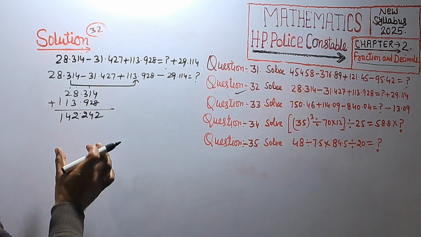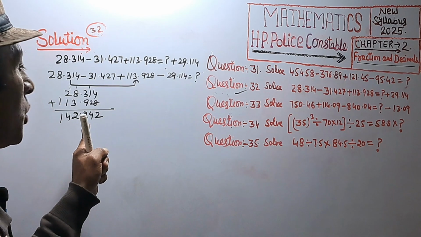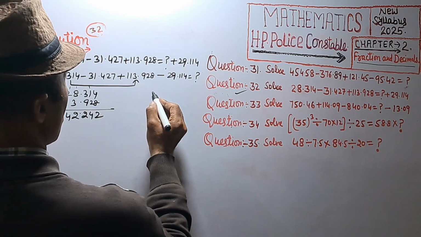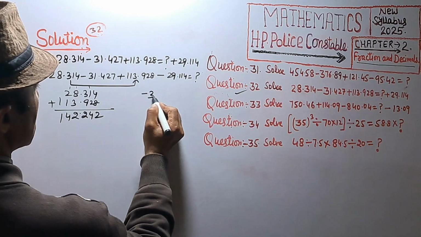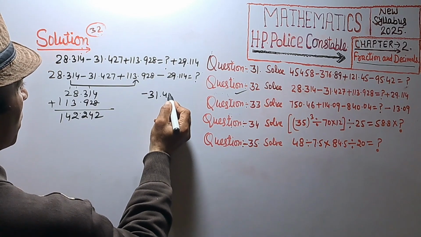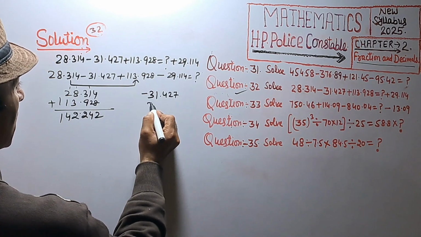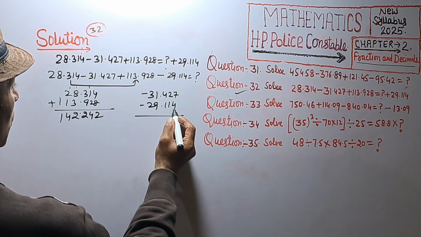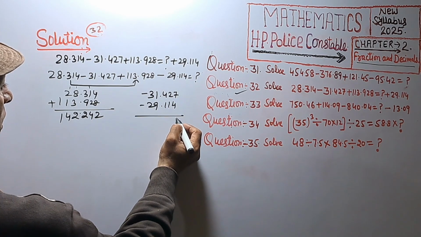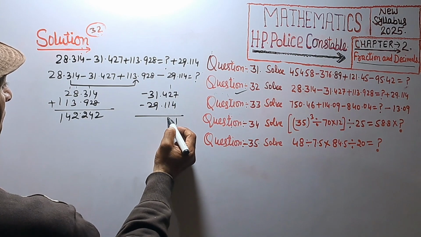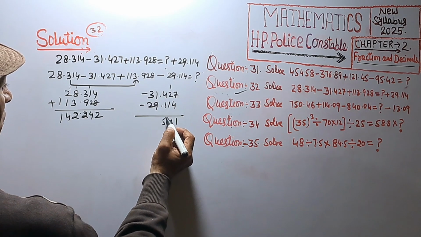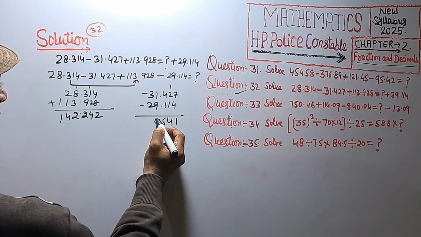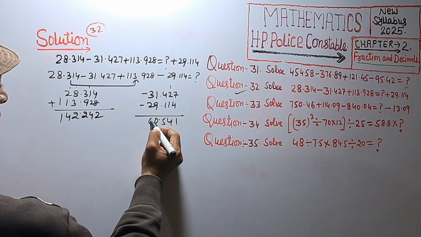Sum of positive number is 142.242, and sum of negative number, that is minus 31.427 minus 29.114. 7 plus 4 11, 1 carry 4, 4 plus 1 5, 9 plus 1 10, 5 plus 1 6,